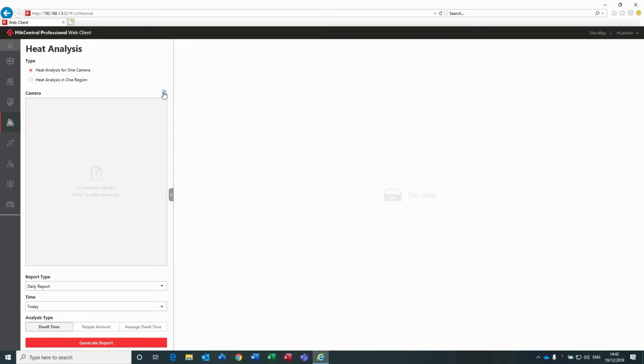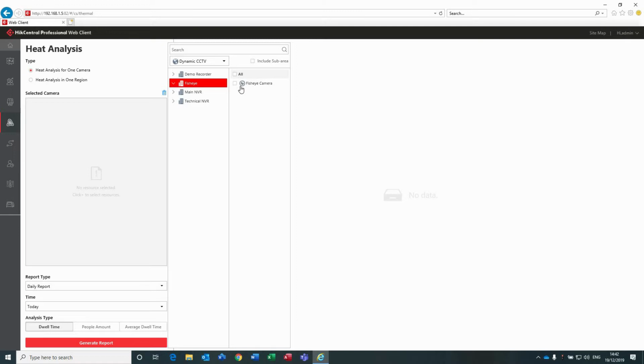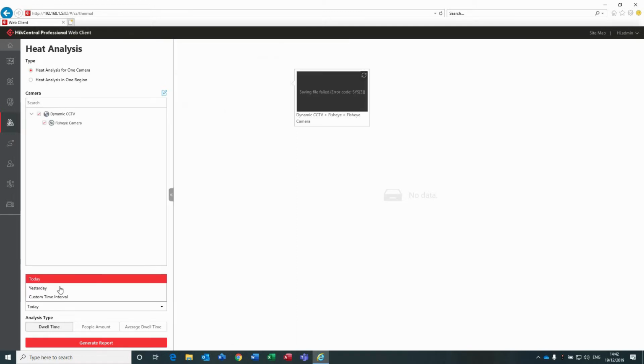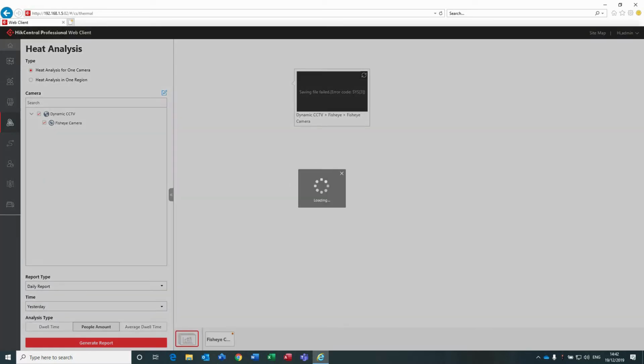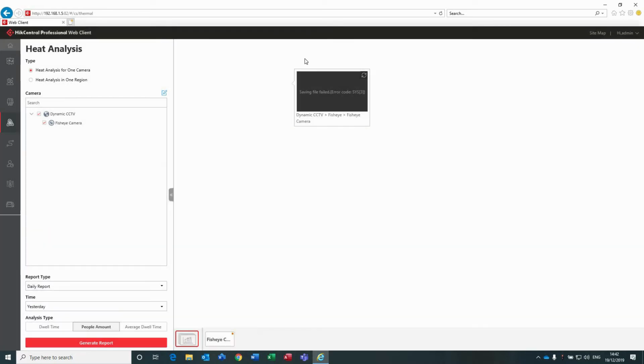Click on that button there to add. Fisheye is the logical resource, and then the fisheye camera. We're going to run it for yesterday, and if we do a people amount and click on fisheye camera in the bottom right there,